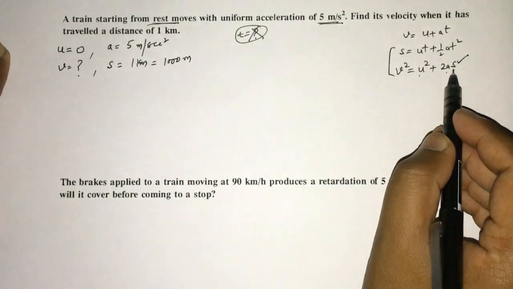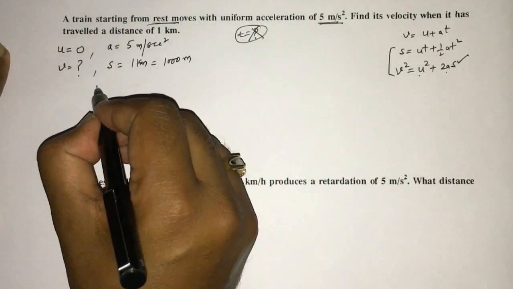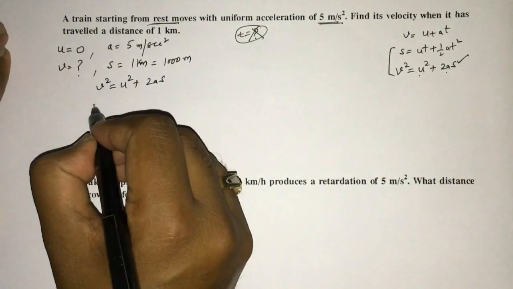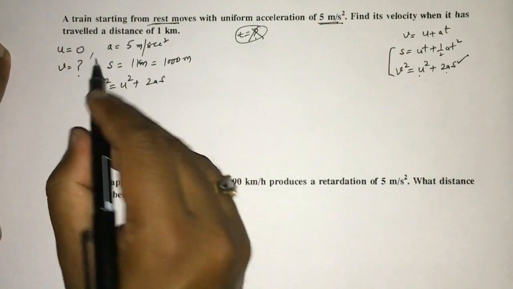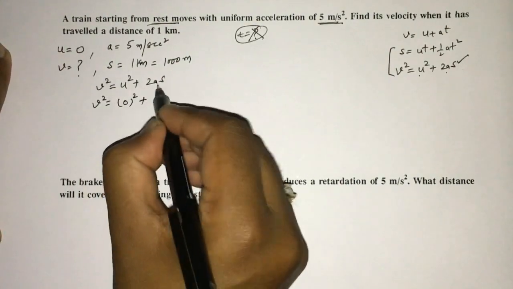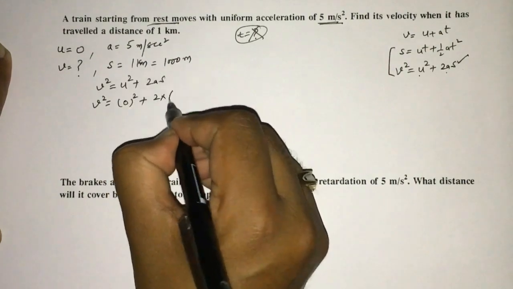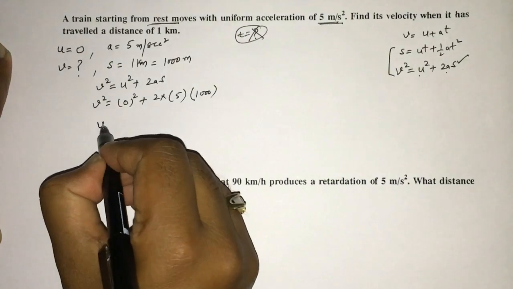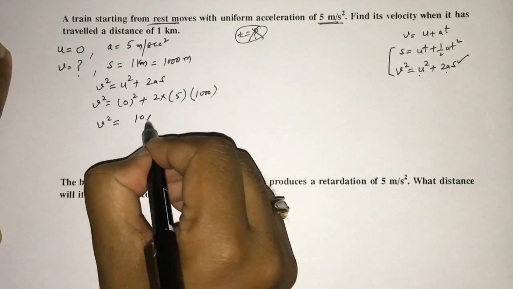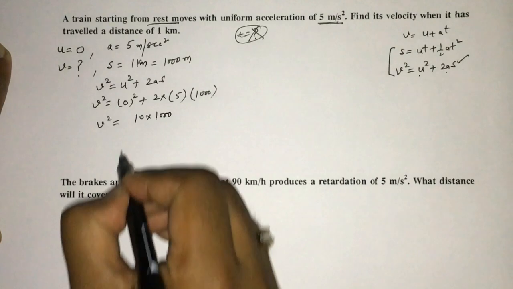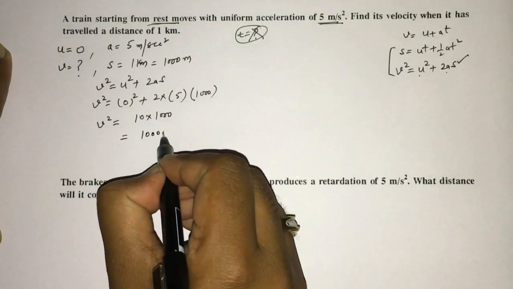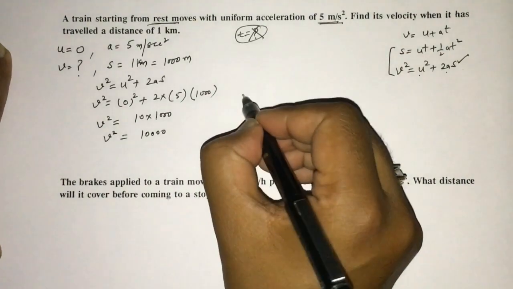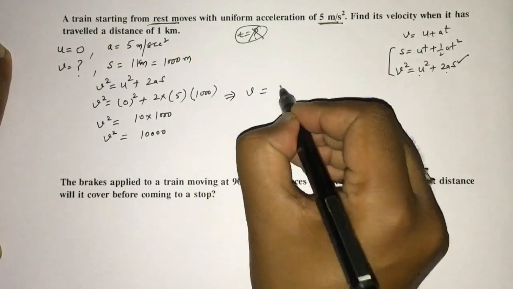Fine. So by using the third equation of motion, v square is equal to u square plus 2as. v square is equal to, the value of u is 0, so 0 square, plus 2 into acceleration, which is 5, into distance, which is 1000. So v square becomes 10 into 1000, which becomes 10,000. Fine. So v square is equal to 10,000 and v becomes under root